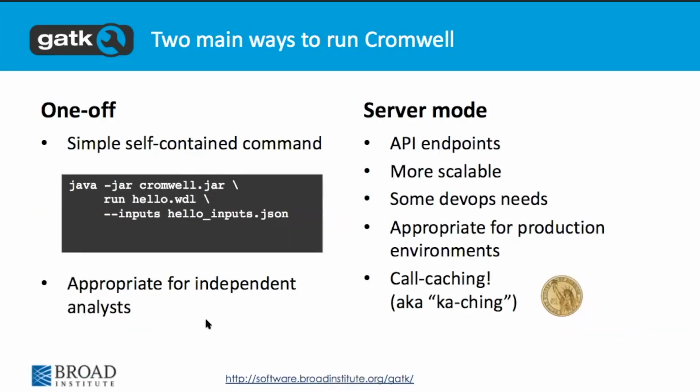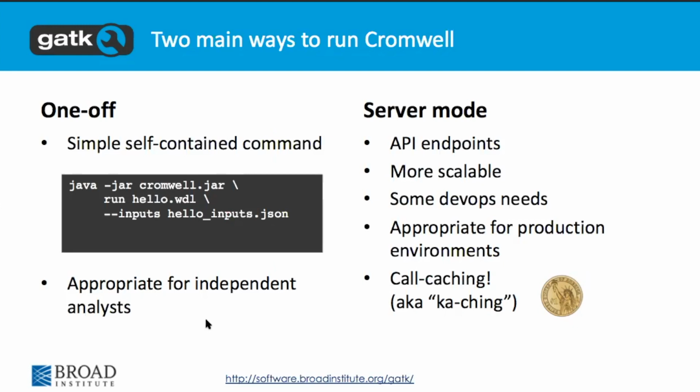So there's two execution modes of the Cromwell itself. One is what is called one-off execution, where you just run your WDL once, and then at the end the server dies. And this is good for developing WDL. So if you want to develop your own WDL, that's what you would do. You would just make your WDL, make your JSON input with some sample inputs. You would run it locally, and then you would convince yourself that it works, and then you would put it up